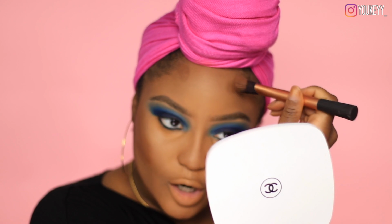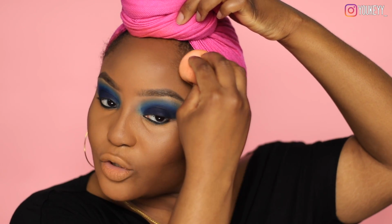It doesn't look as large right now because I have this head wrap on. But trust me, it is large and it is in charge. Just be aware that the more contour you add, the more intense everything is going to look. But for the purposes of this video, I'm just going to go ahead and try not to get this head wrap to fall apart here. Just going to blend. And you also want to blend into the hairline. Halfway done blending that contour to the forehead area, it already makes my forehead look shorter. And I could probably get away with bringing down a little bit, but not too much. Sometimes I want to go from this to like,